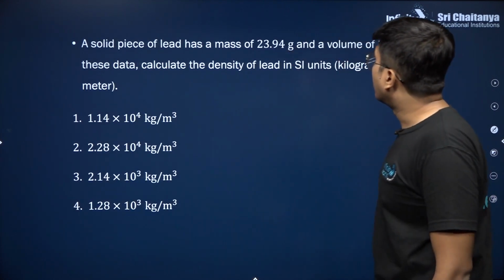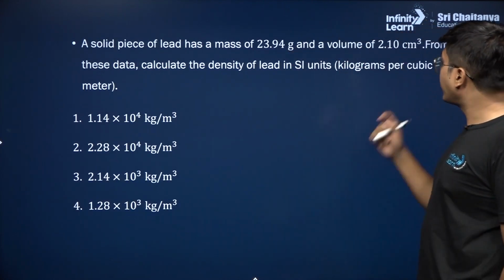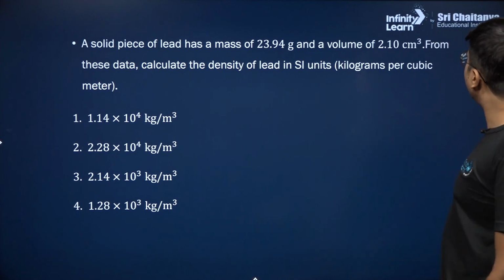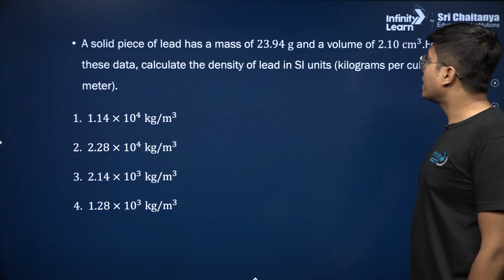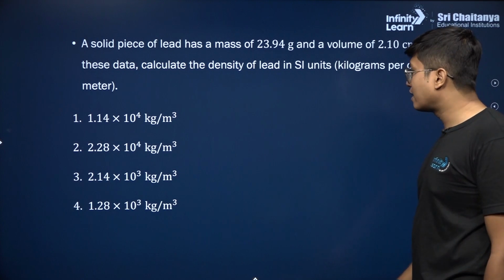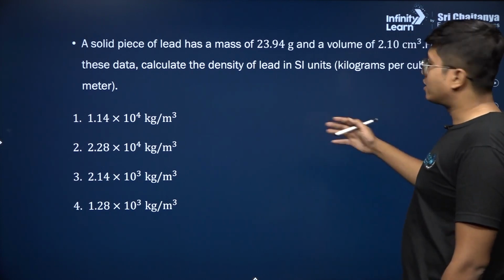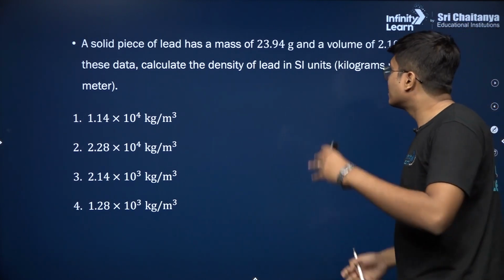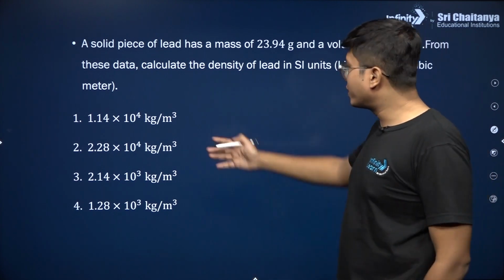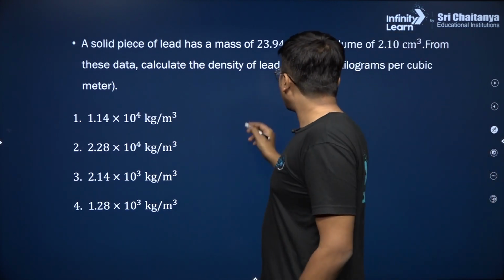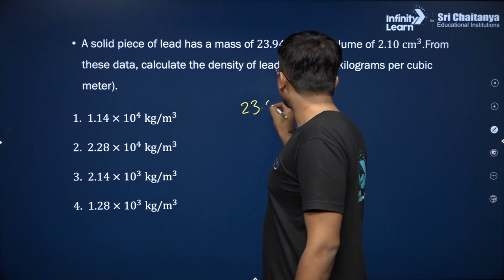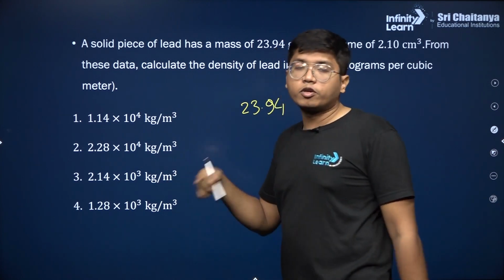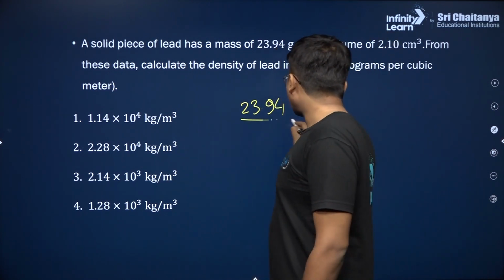Next question. A solid piece of lead has a mass of 23.94 gram and a volume of 2.1 centimeter cube. From these data, calculate the density of lead in SI units. Now it's just basic, we know density is mass divided by volume. Just do it in the right units, because the mass is given as 23.94 grams. When you convert grams to kgs, you divide this by 1000